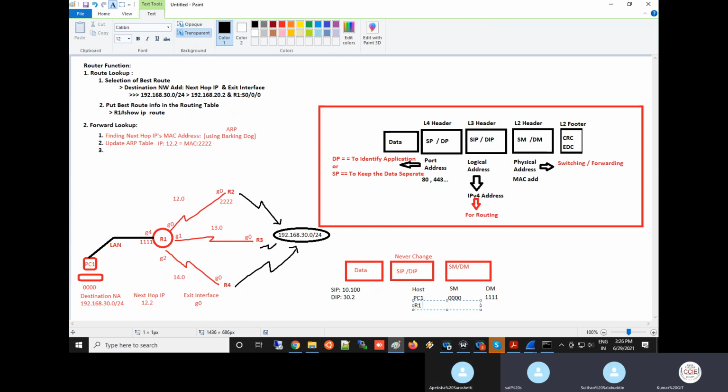Now what will R1 do? Tell me. It will search which path to go. Which path to go now? R2. Why R2? Is R2 written in the router? No, talk in the language of the router. What will the router do? You are seeing the diagram and saying R2, but the router does not know R2. Now R1 should select the nearest router.